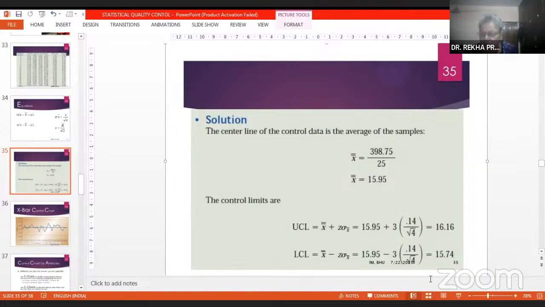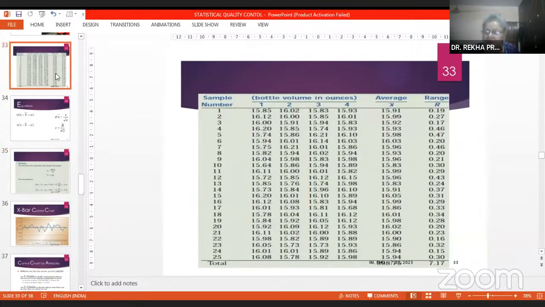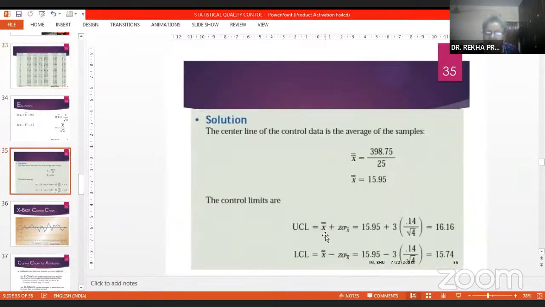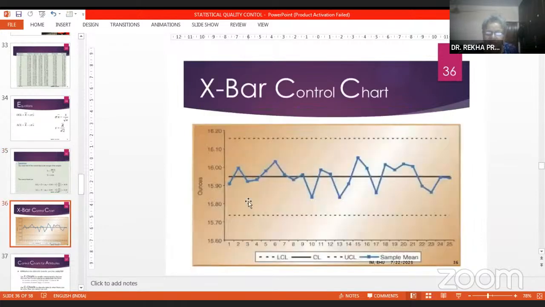1.4 divided by root 4, क्योंकि एक में कितने थे, 4 थे, 4 लोगों से हमने करवाया था, और ये है R का वैल्यू। कहाँ निकाला है, यहाँ से निकाल लेंगे, R का 7.17 divided by 25। तो यहाँ से हमने अपर लिमिट, ये कंट्रोल लिमिट हो गया, ये अपर कंट्रोल लिमिट, ये लोअर कंट्रोल लिमिट, तो ये है, क्योंकि 15 पॉइंट ऐसे थोड़ा सा ज्यादा है, ये कंट्रोल लिमिट है, upper control limit is this and lower control limit is this,